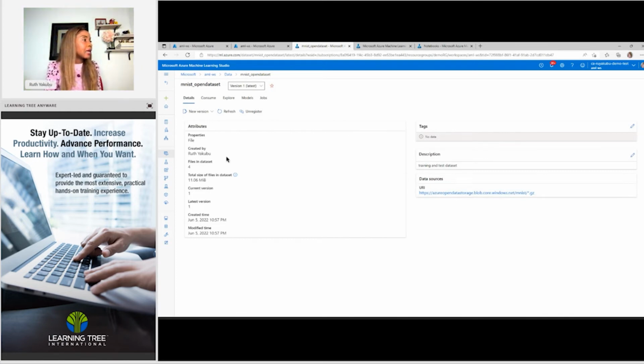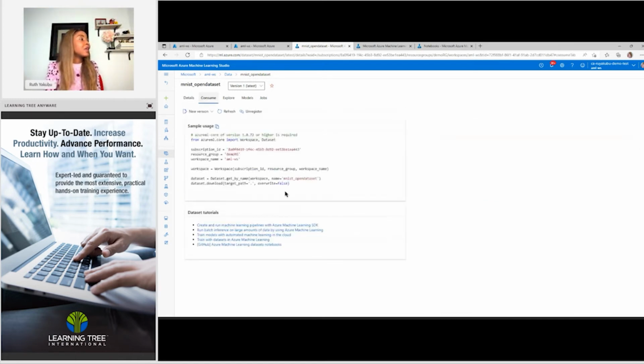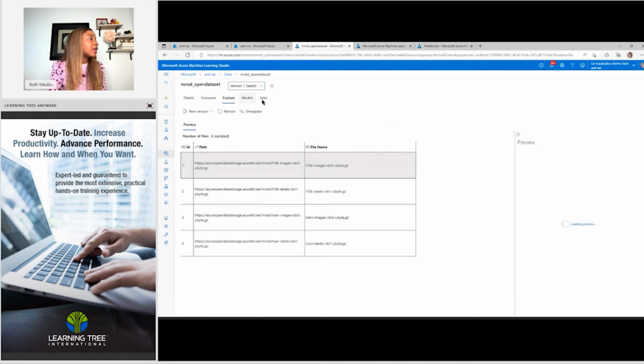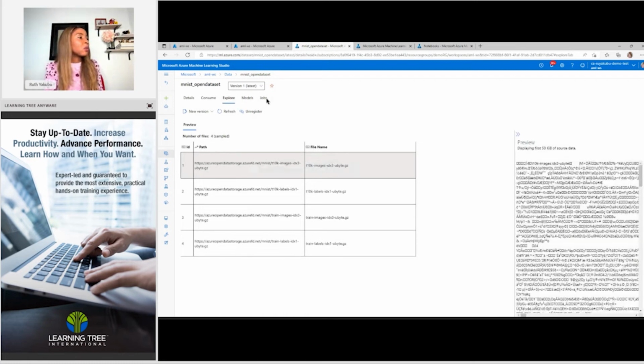The next thing is, the cool thing about this is when you're also using the data sets, if you notice, it already provides code for you to copy. So if you need to access the data set, you can just copy this Python code and paste it in your code and utilize this data. So yeah, these are the paths, those are the names, and also when you're creating experiments,